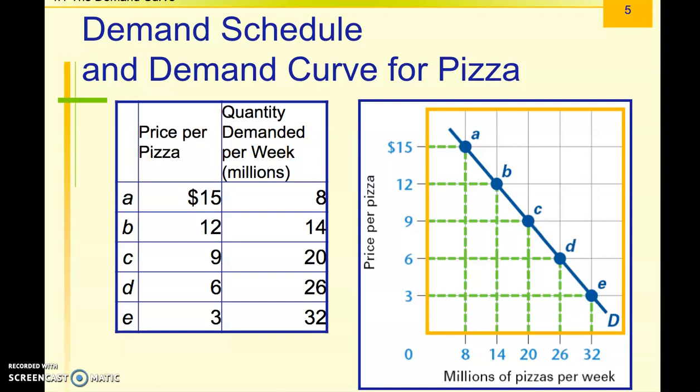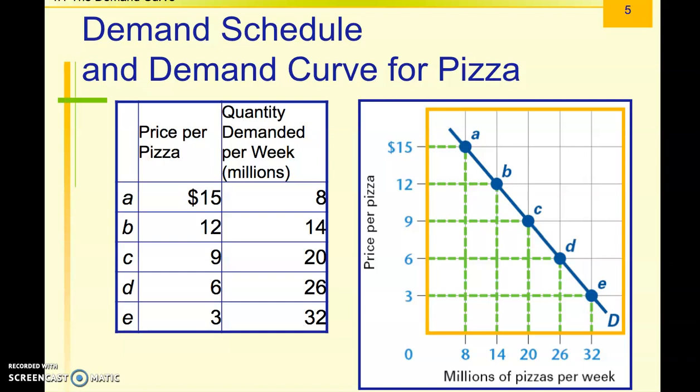So a couple things I want you to get down about the graphing stuff. First off, look at the axes. You have the y-axis, which is the vertical up and down one. Notice that we have the price of the product on that. So in this case, it's price of pizza, and they do $3 increments all the way to $15. No matter if it's a demand or a supply curve, the price is always on that axis. Okay? On the horizontal or x-axis, we have the quantity. In this case, it's quantity consumed or purchased.